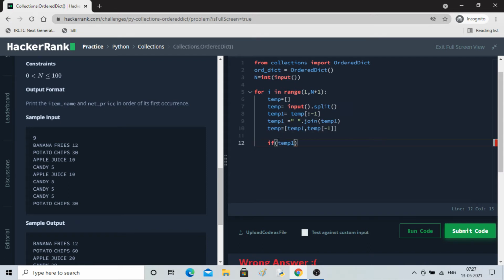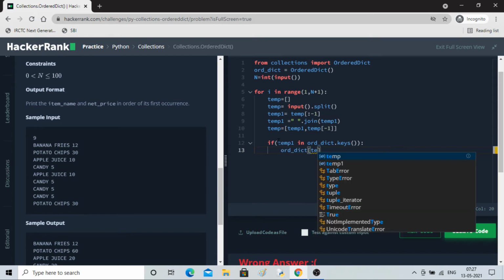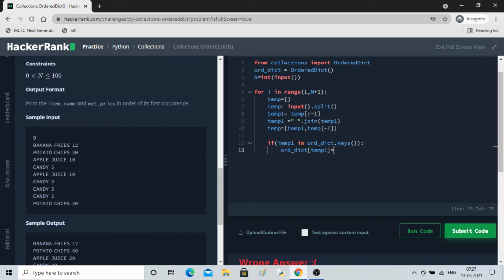So if temp 1 is in orderDict.keys(), then if it is already available, then what to do? Access that key value temp 1 and modify it to